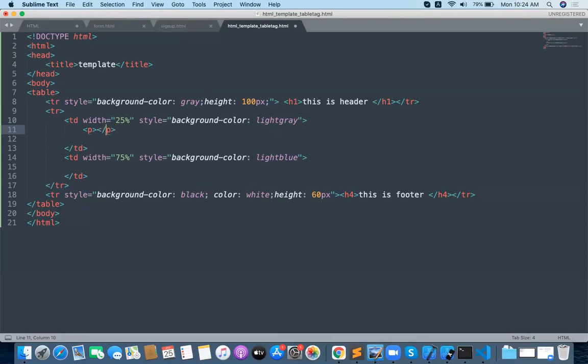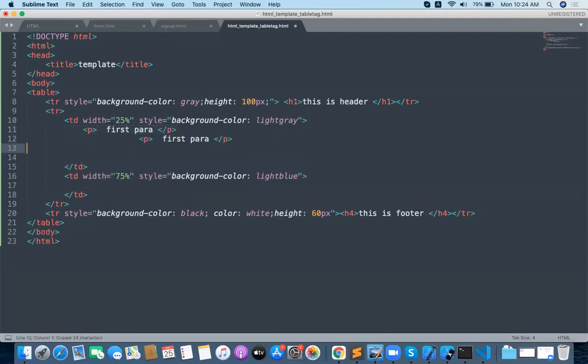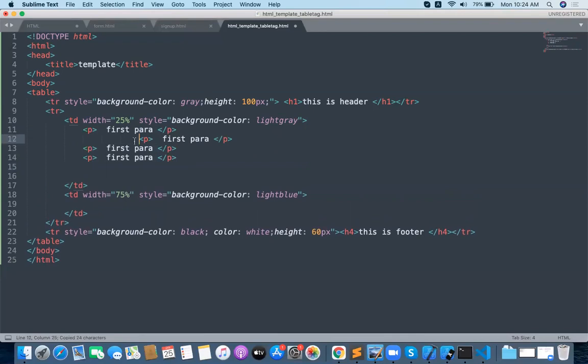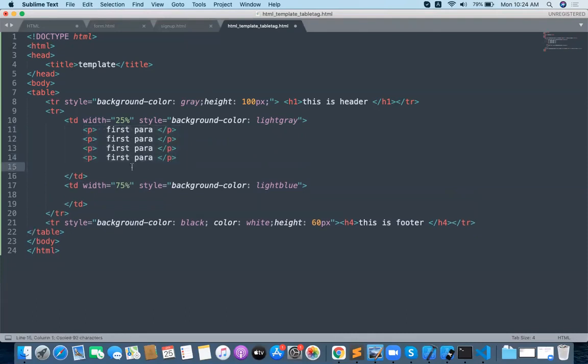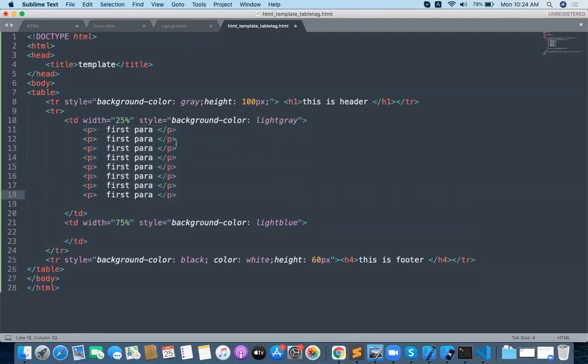Let me take paragraphs here. So this is my first para, and this is the second para, third para, fourth para, and all. A lot of paras I am just going to provide here. This is a height auto.